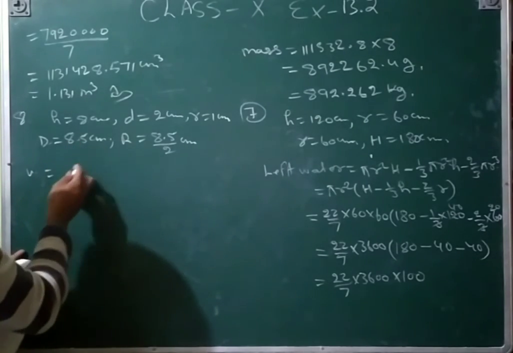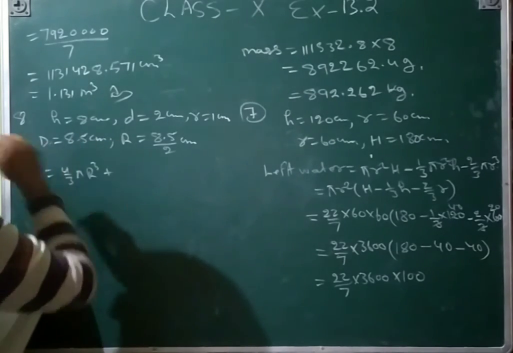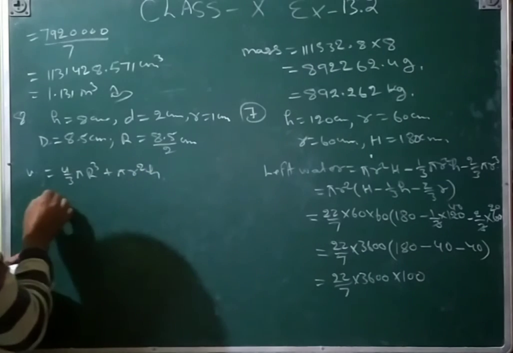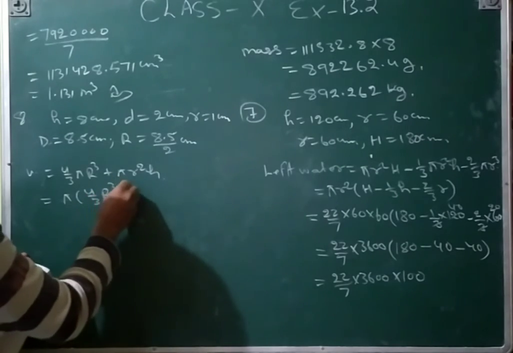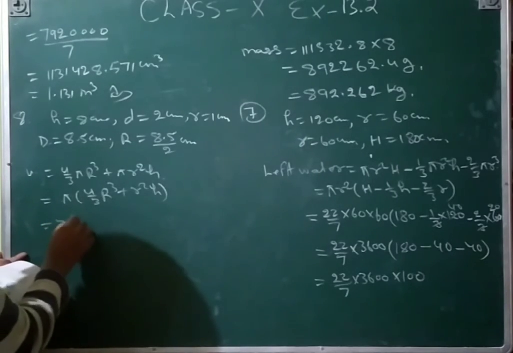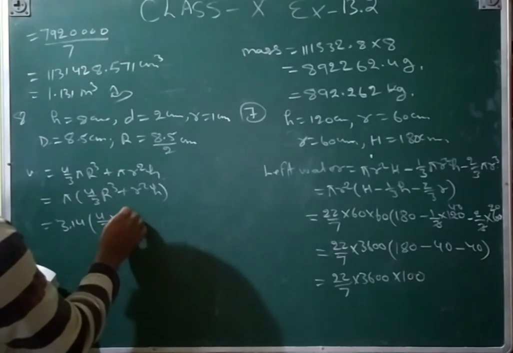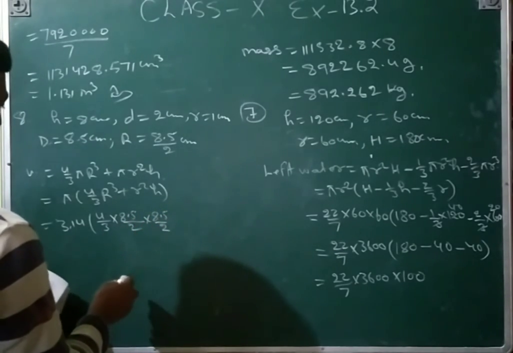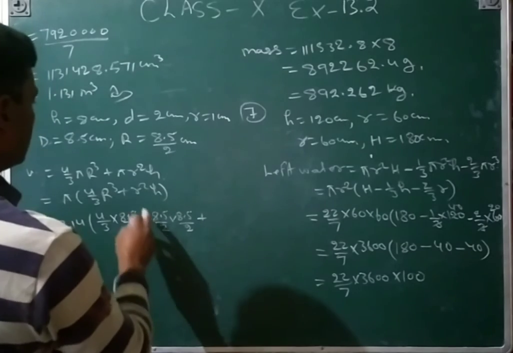So volume is equal to volume of sphere 4 upon 3 pi r cube plus volume of cylinder pi r square h, so that pi can be taken common, so 4 upon 3 r cube plus r square h, so that pi value is given here 3.14, so that 4 upon 3 into r is 8.5 upon 2 into 8.5 upon 2 into 8.5 upon 2 plus r is 1